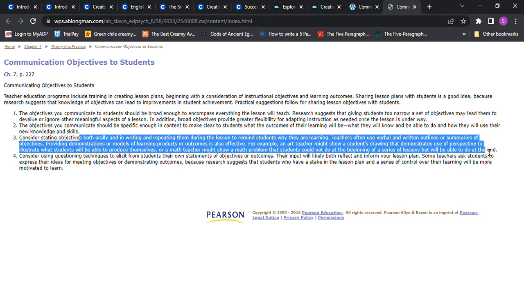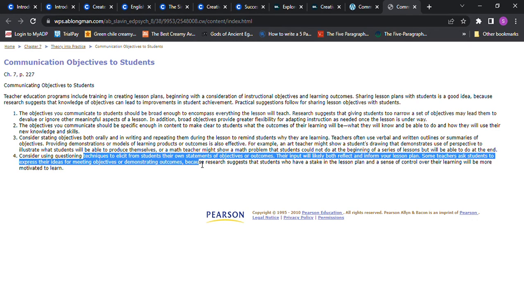Consider using questioning techniques to elicit from the students their own statements of objectives or outcome. Their input will likely both reflect and inform your lesson plan. Some teachers ask students to express their ideas for meeting objectives or demonstrating outcomes because research suggests that students who have a stake in the lesson plan and a sense of control over their learning will be more motivated to learn. And that's something when you're